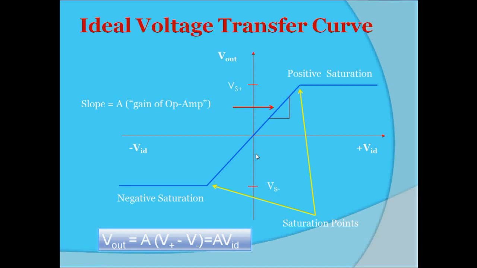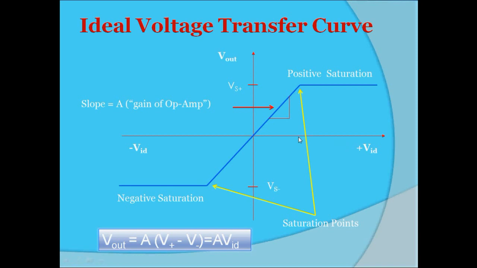This means that the output voltage is directly proportional to the input difference voltage only until it reaches the saturation voltages, and thereafter the output voltage remains constant. This is the linear region of the graph. As the input differential voltage changes, the output voltage changes, and this continues till the output reaches the saturation point. Once it reaches the saturation point, it remains constant in spite of the change in the differential input voltage.